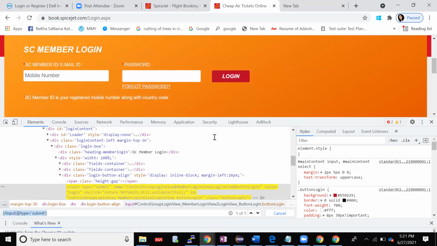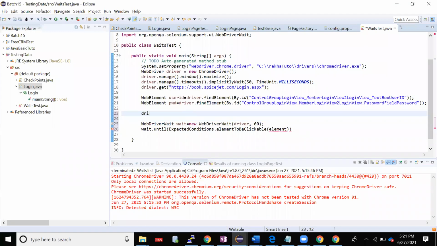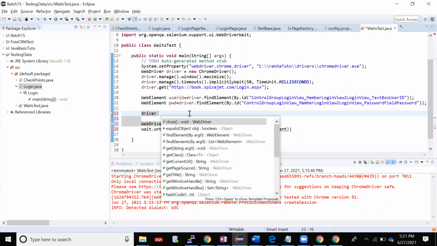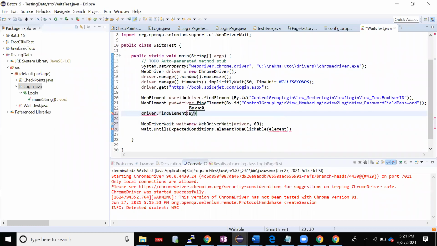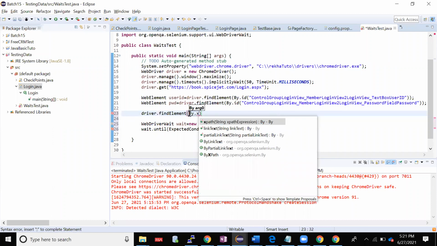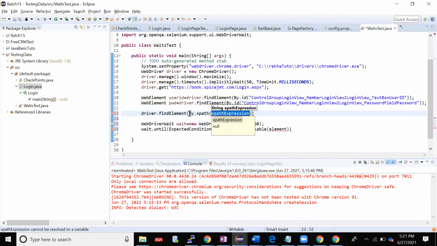I'll come here and find that element with driver dot find element by dot xpath. I'll give that xpath as an input. This was my submit button, right? What will driver dot find element return again? A web element only, right?